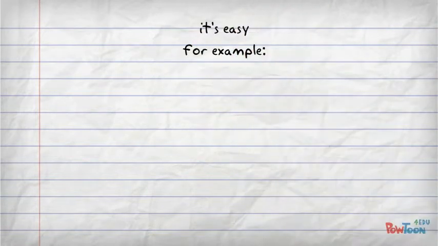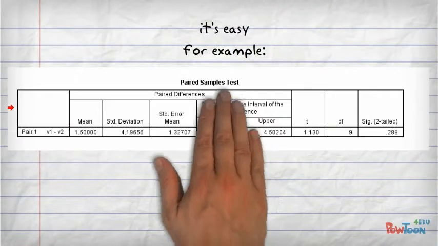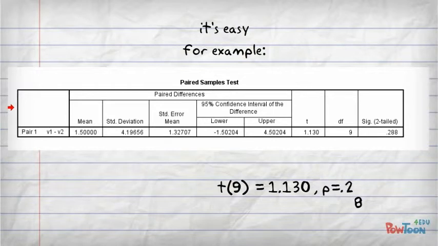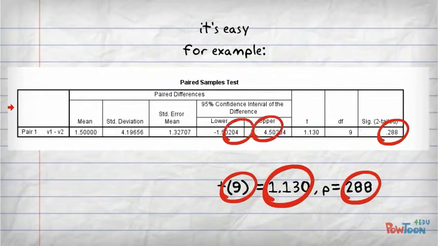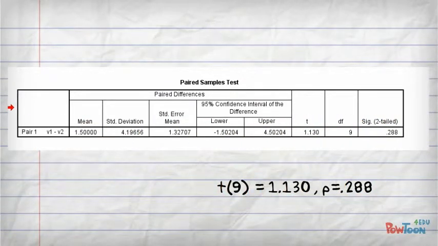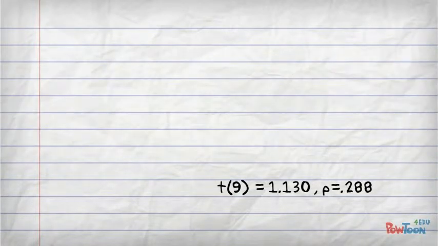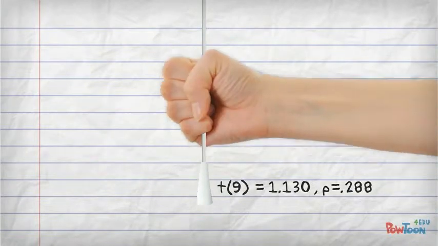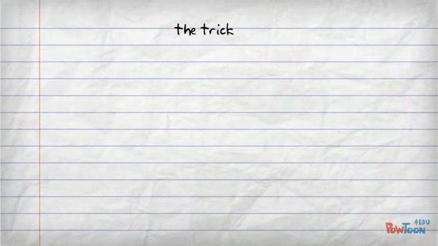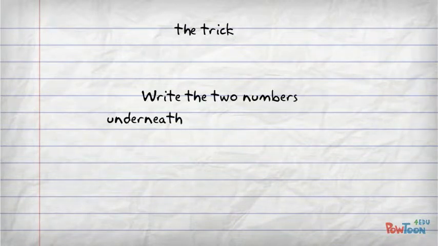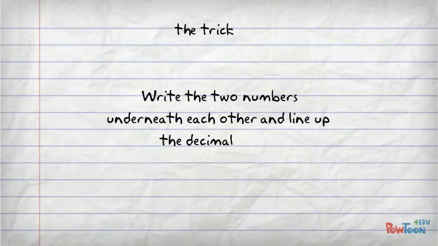So if you want to report something in APA format and say you're doing a t-test, it would be t, open bracket, the degree of freedom, close brackets, equals what the t-value is, and then p equals what the p-value is. So the trick for working out whether your test is statistically significant or not is to write down each